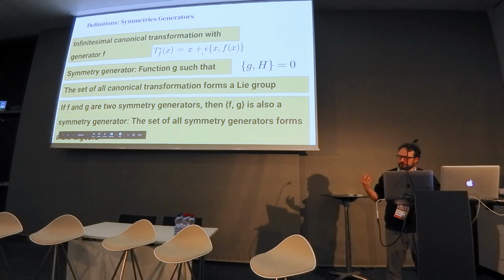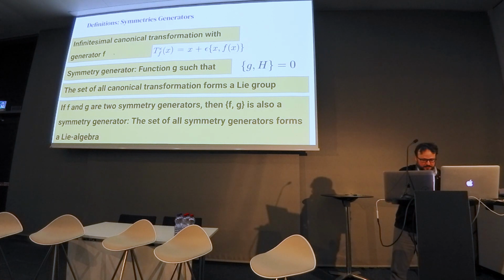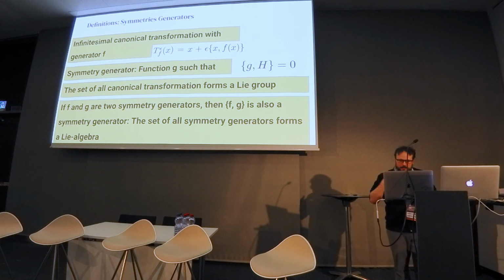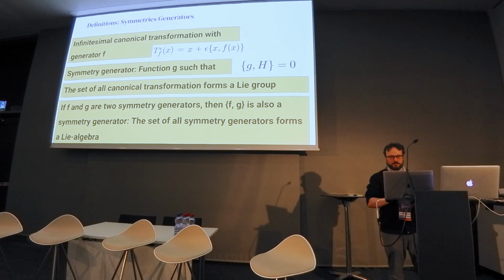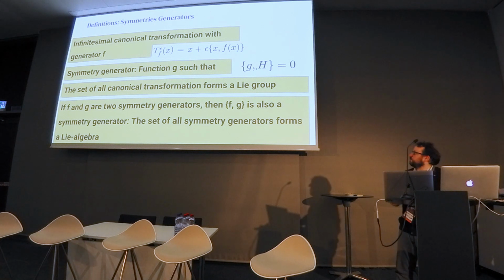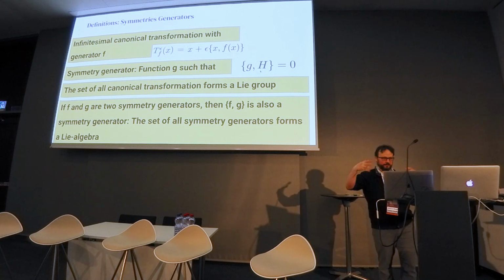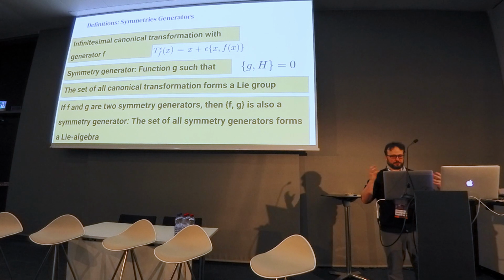So we have this canonical transformation operator or generator. In the context of this operator, we say that F is a generator because it generates this transformation. And in the Hamiltonian language, we can define a symmetry or a symmetry generator as a function that commutes with the Hamiltonian. So if your density is described by Hamiltonian dynamics, and you want that density to be invariant with respect to a group of transformations,